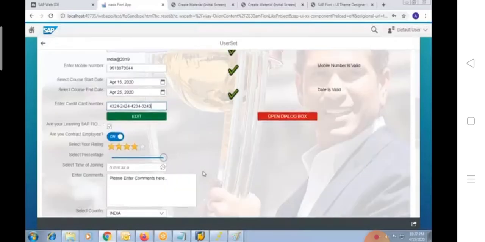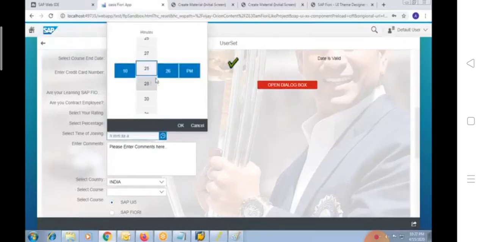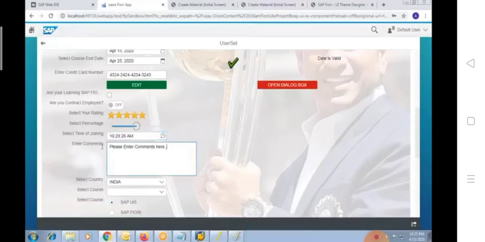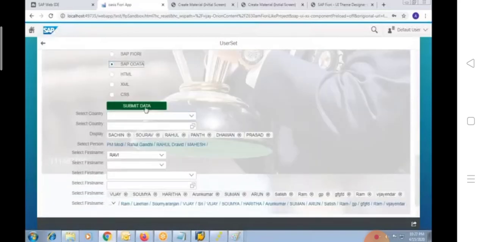And you can see here there are several screen elements like checkbox, switch, rating, sliders, timers. All these are Fiori related screen elements. And something like this is a multi-input, and there can be drop downs here. There can be something like radio buttons. And we can also submit the data.